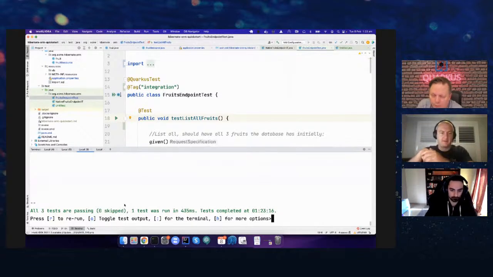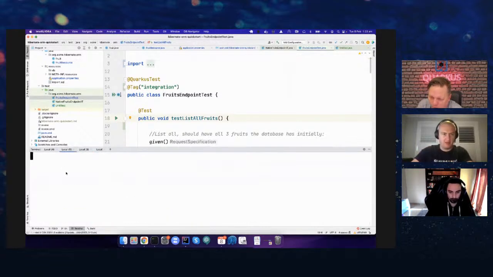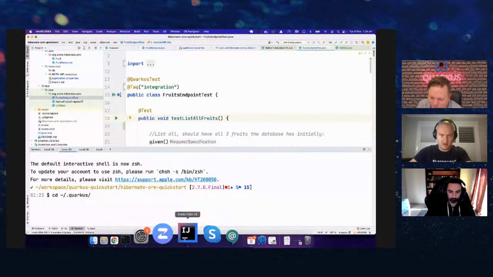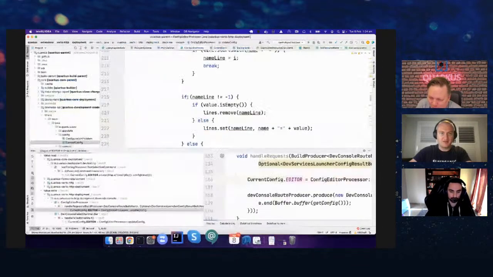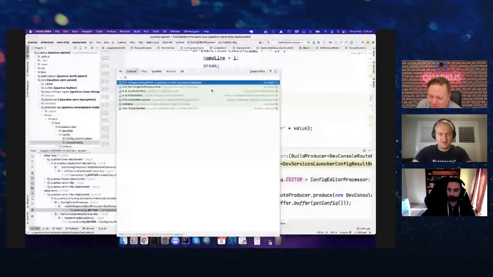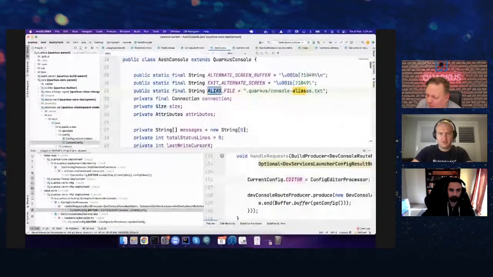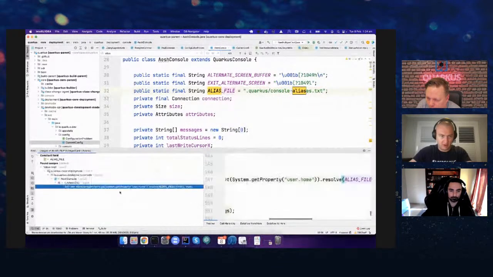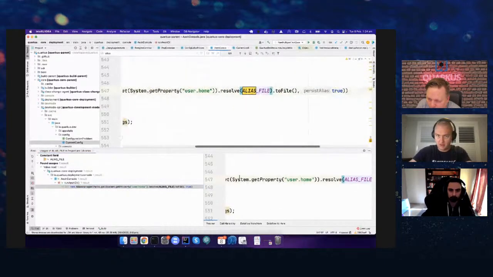And where are those settings stored, by the way? It's stored in your home directory, I think, because this is something that's provided by the Java library AESH. I didn't actually have to write the alias features, but I'm pretty sure it's stored in. I did have to set Quarkus. Where is it stored? That's a good question. We just need to make sure we actually align this with the other CLI stuff and config we have. But yeah, console. Okay. Yeah, so .quarkus/console aliases. But is that relative to the home directory or the project? I think it might be per project. Oh no, it's in the home directory. Okay. So,